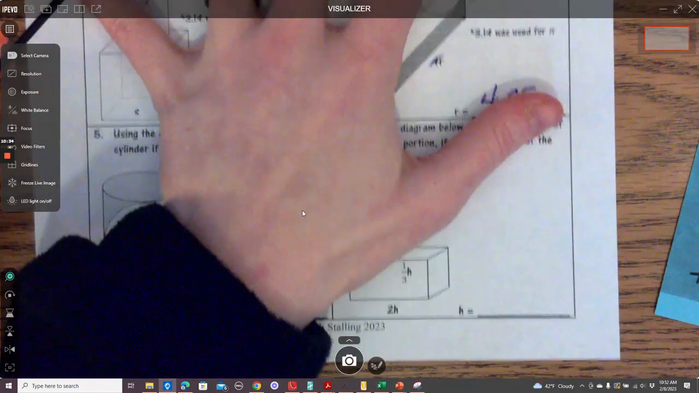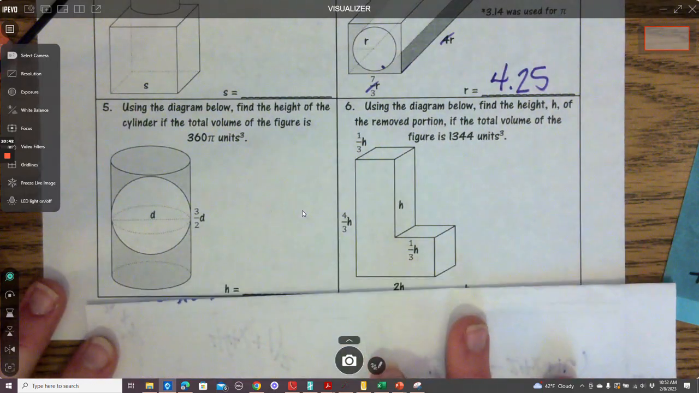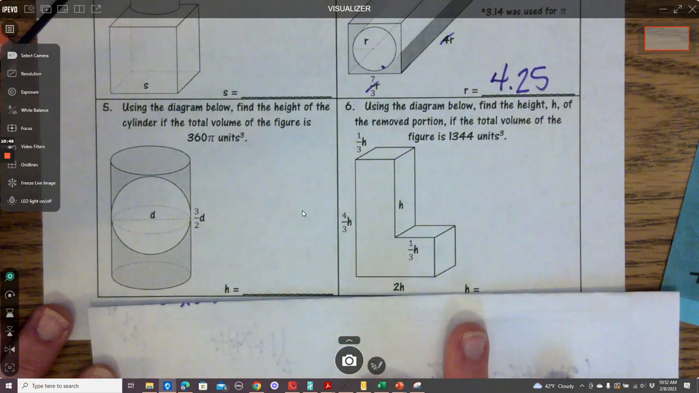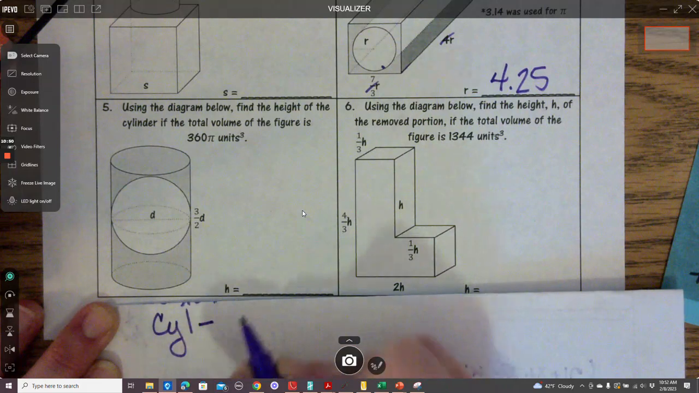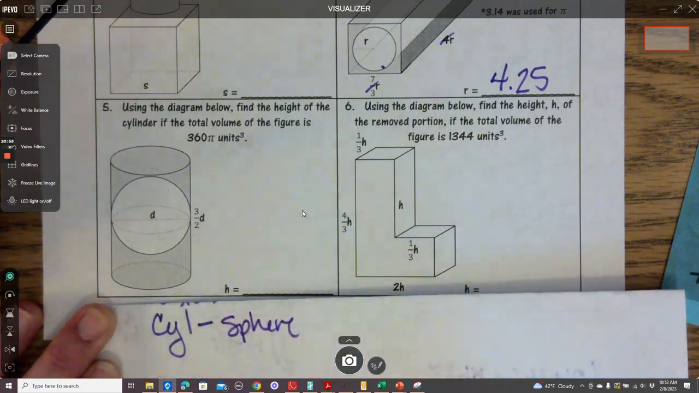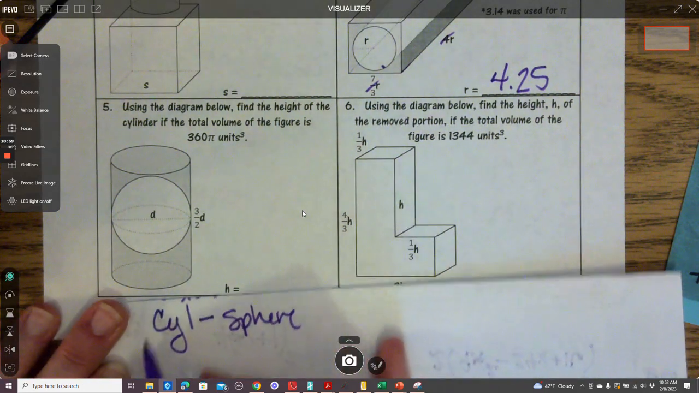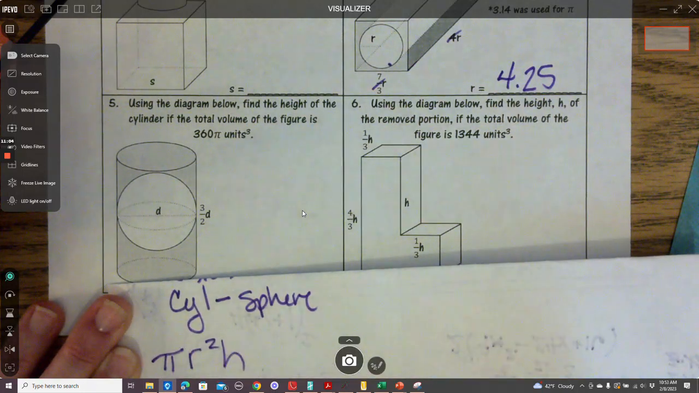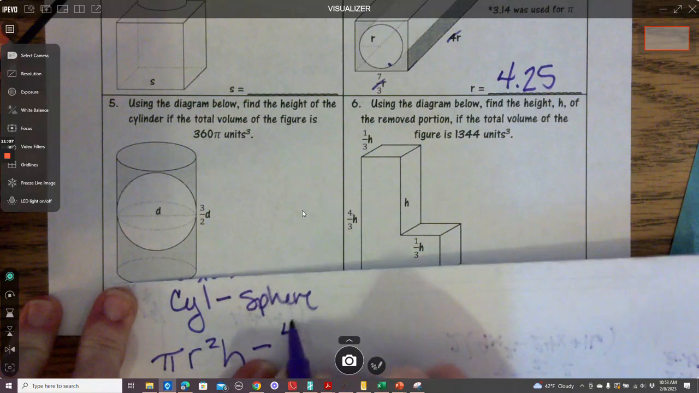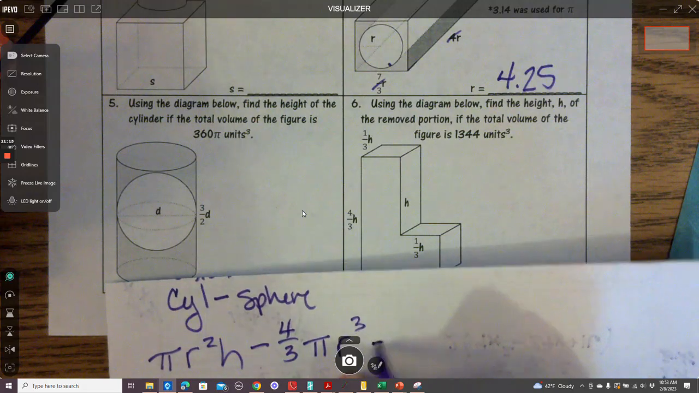All right. Cylinder. So this is another subtraction one. What's my biggest shape here? The cylinder, right? So we're going to subtract the sphere from the cylinder. So the cylinder is pi r squared h minus the sphere, which is 4/3 pi r cubed. And that's going to equal